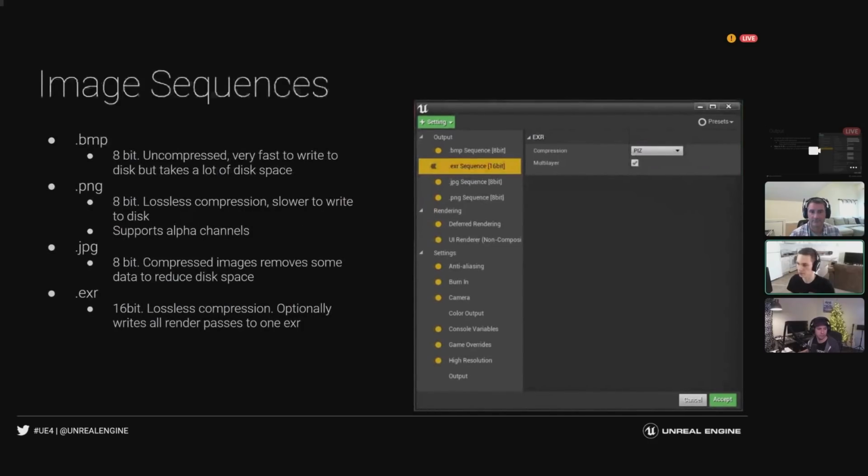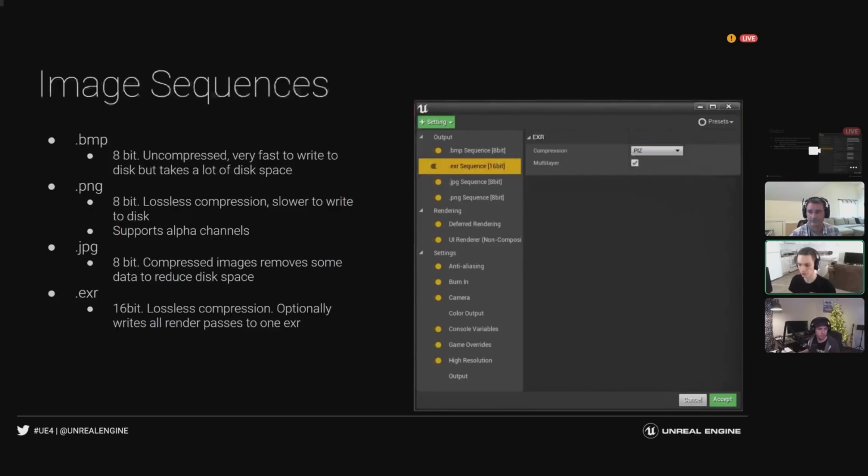Okay, the next category of outputs is the image sequences. This is generally the main output that we use. You can output bitmap files, JPEG files, PNG files, and EXR files. The bitmaps, PNGs, and JPEGs are all 8-bit data. So this works pretty good for most of your workflows, for creating trailers, things like that.